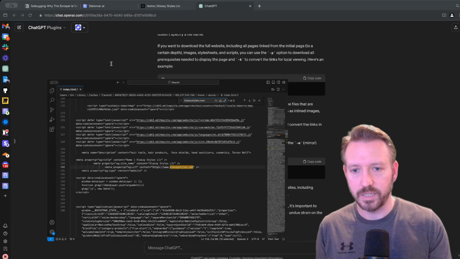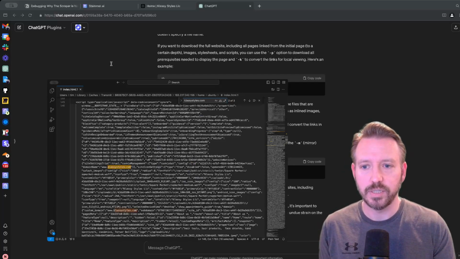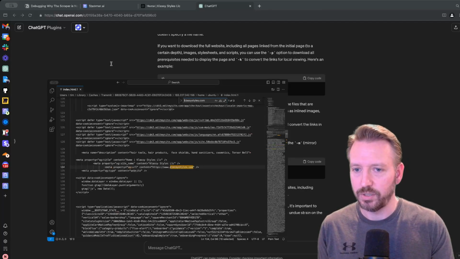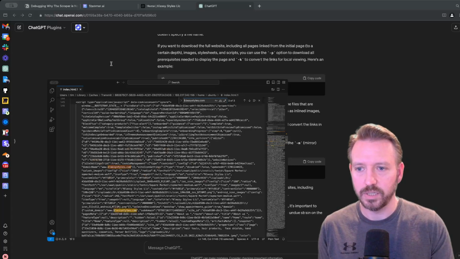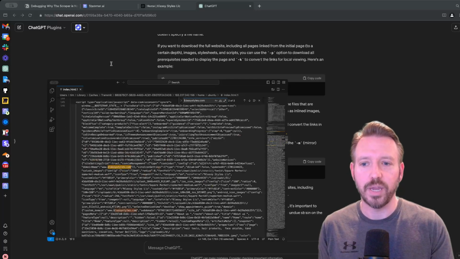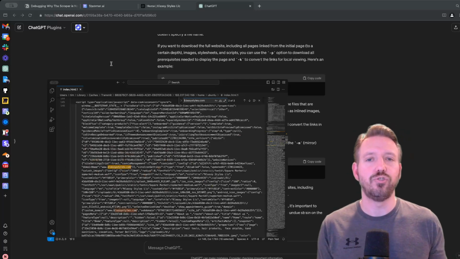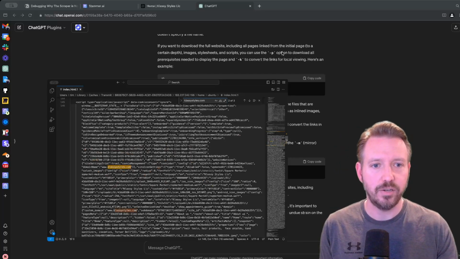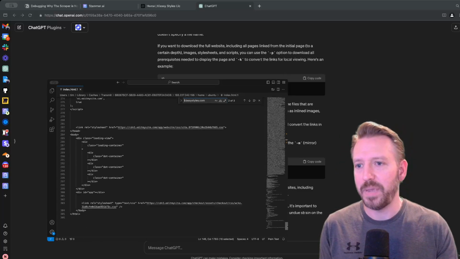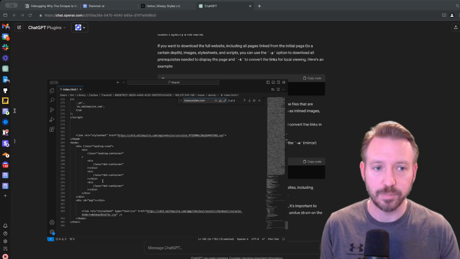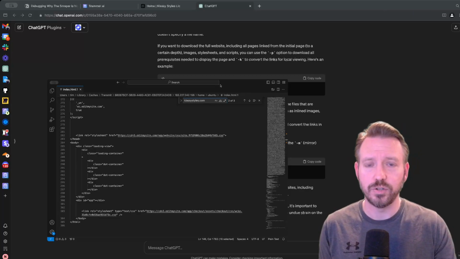Okay, so obviously this is the actual URL of that page. Let's see if there's anything else in here. This is inside the JavaScript, but it's still the URL of that page. Still the main URL. This is inside JavaScript, so it wouldn't scrape that. But you get the point here. It's not finding any additional URLs to scrape because, like I said, this web page is just a bit of HTML, and then the rest of it is being delivered via JavaScript. So that is what is going on here.